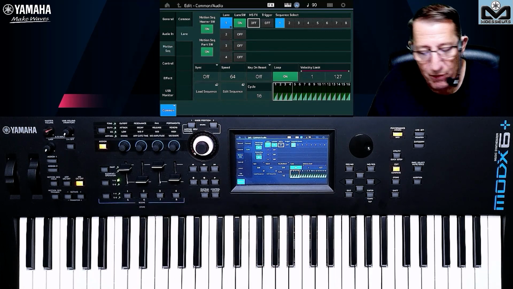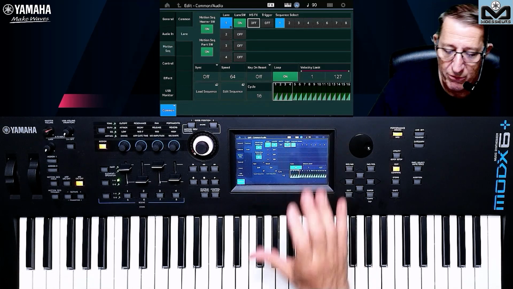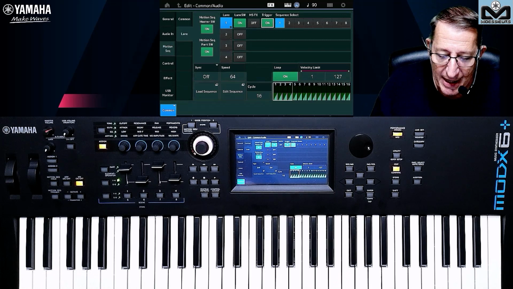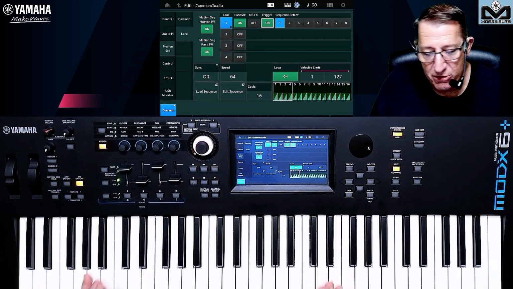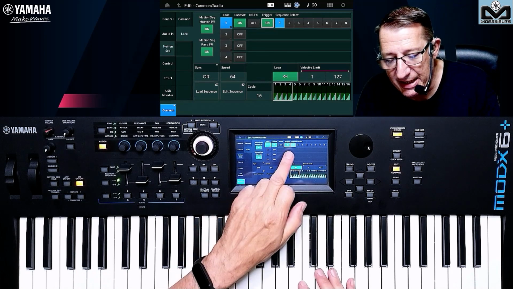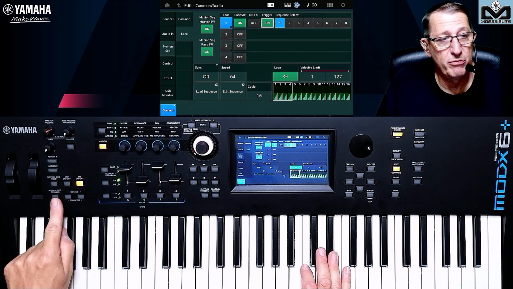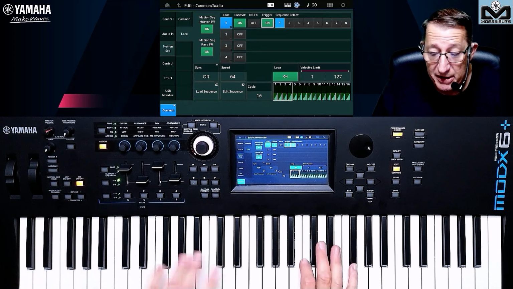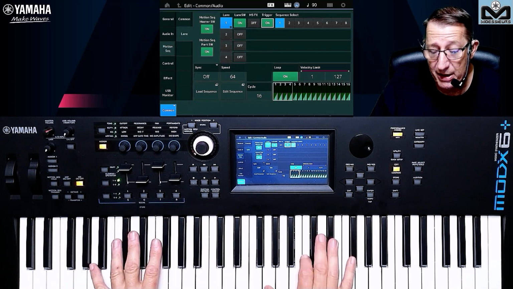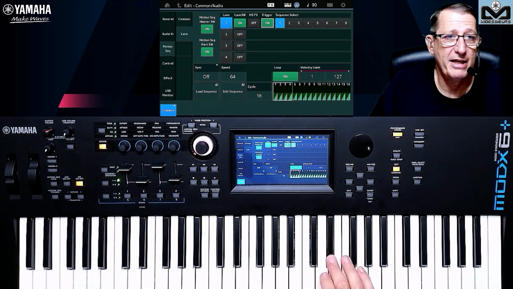And I want to explain you something. Here you have the trigger. I waited for this video to explain the trigger. On each lane, you can set trigger on, off. So what is the trigger? If you set it here to on, to let your motion sequence start, you need to press the trigger button. So you can start to play with the motion sequence. And when you want to have the motion sequence starting, you press here and restart.